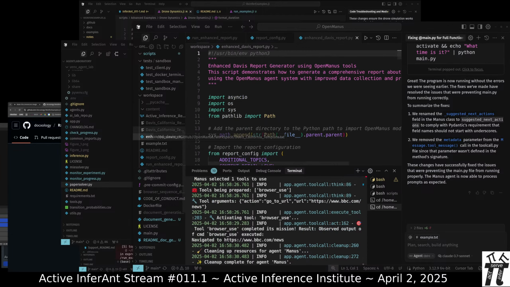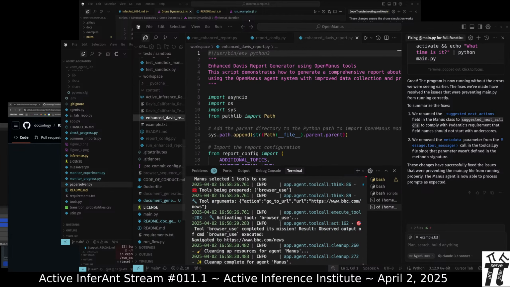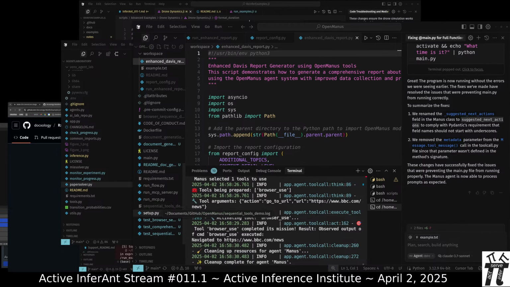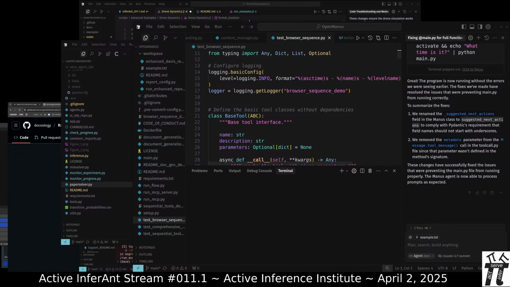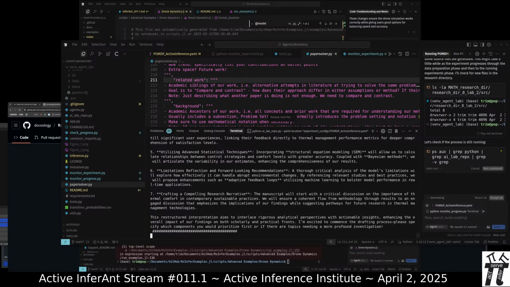Did it even save a file? Maybe. But it did do some browser opening, so okay. Goodbye, OpenManus. So now we have, just in this last minute, see what happens.